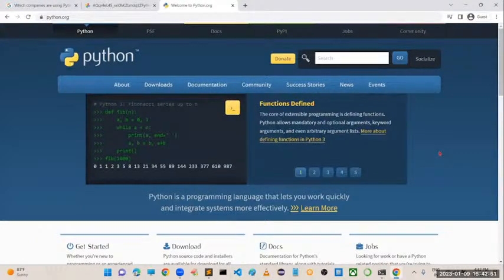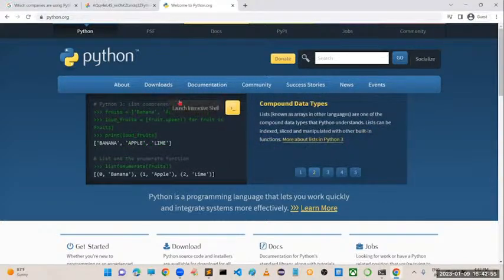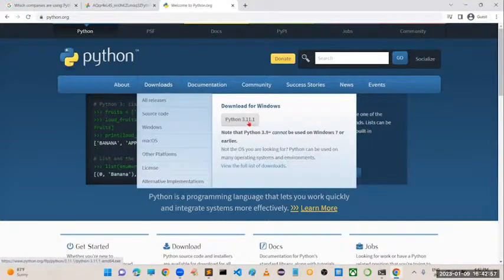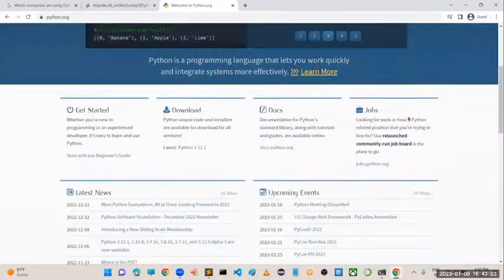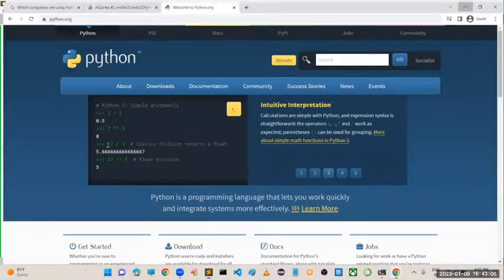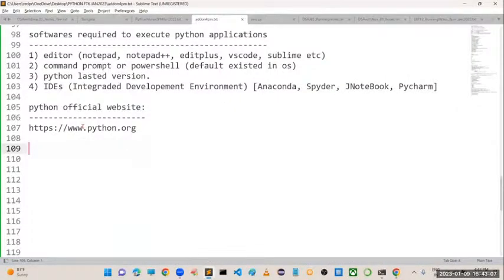If you want to download Python software, everything is possible from here only. Downloads. What is the latest version? Here you can see 3.11. Sir, the complete information like documentation, anything, you can get from here. And we are not required to pay any amount for this. It is completely freeware and open source.